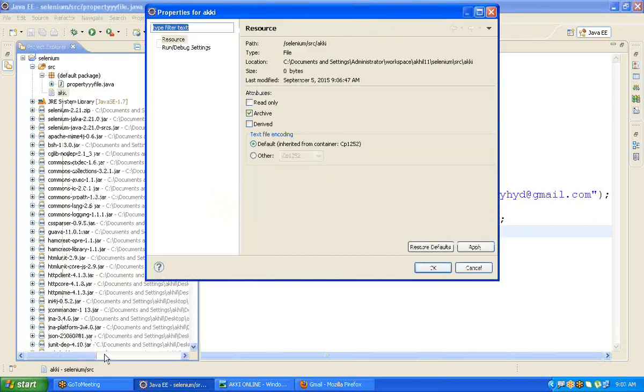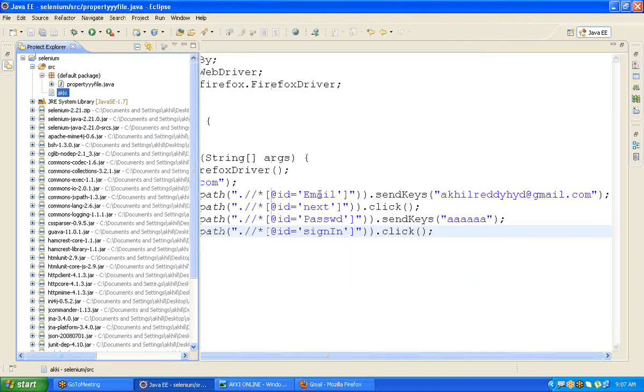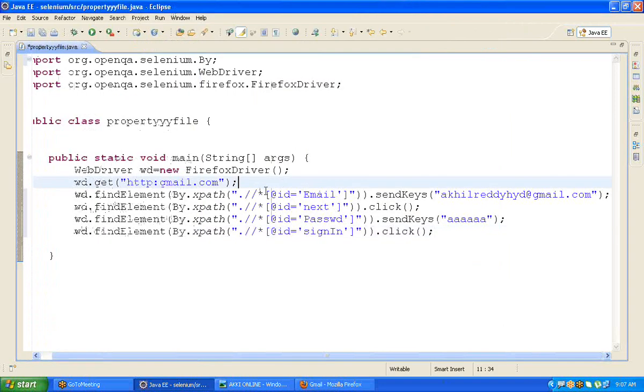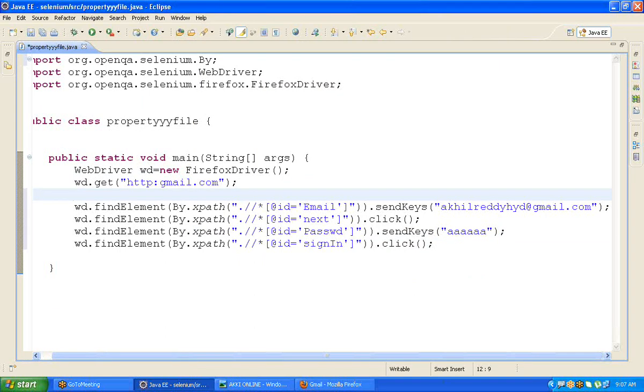Go to properties: right click on the property file and go to Properties. We can get the property file path. Copy it. Click on OK. Come here and write just two words. If you want to implement a property file, we need to write Properties p = new Properties();